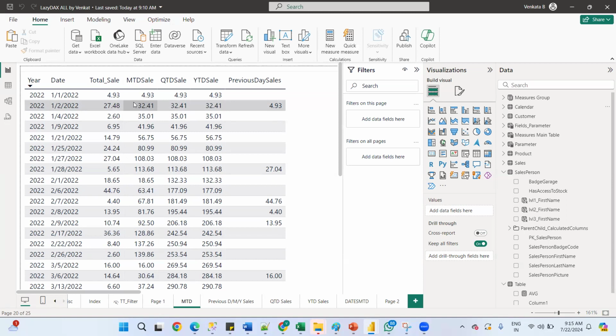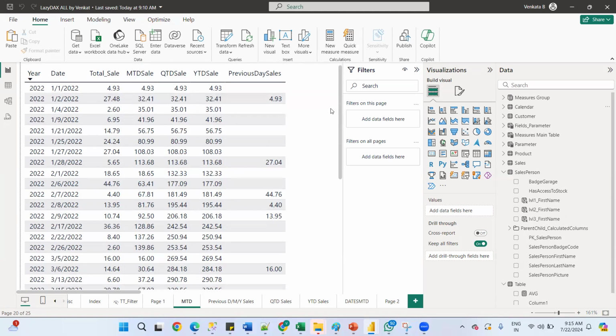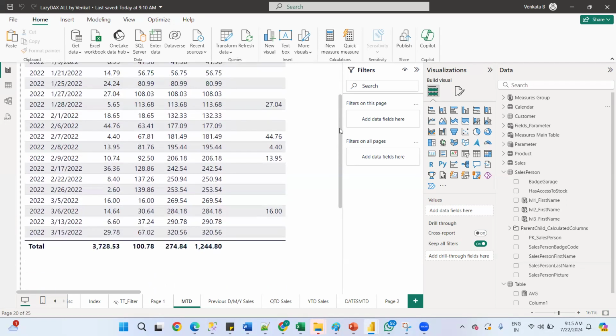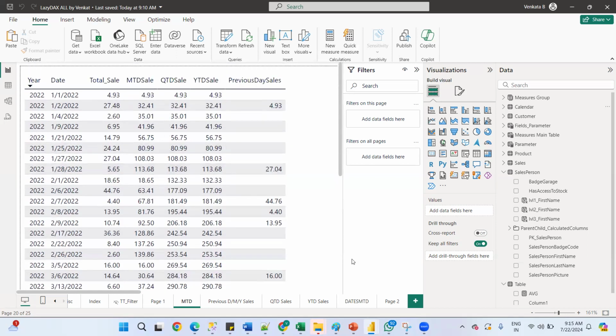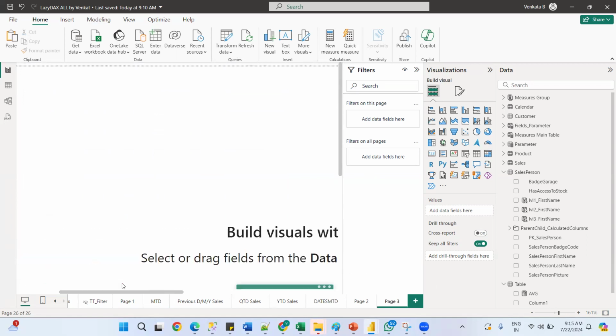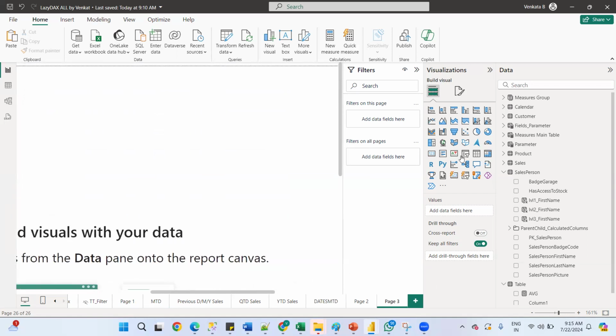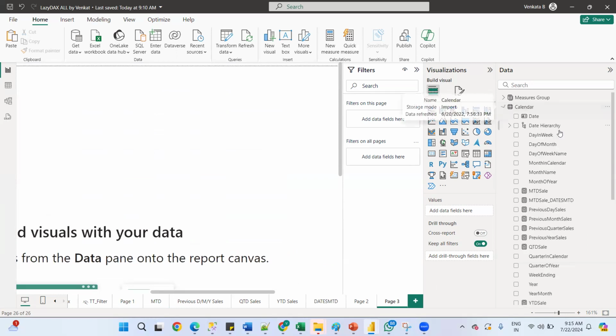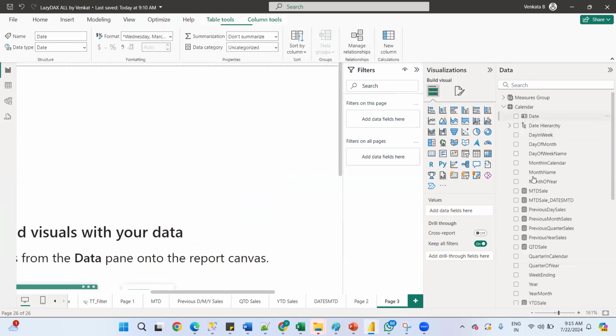Is that clear to you? Okay, so now today we can talk about parallel period. Generally, in any real time scenario, we work based on hierarchy. So if we take date, first of